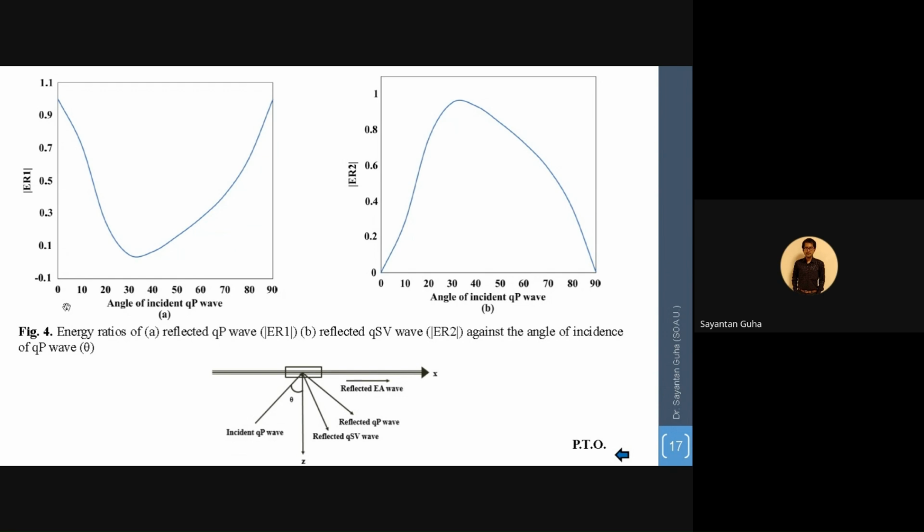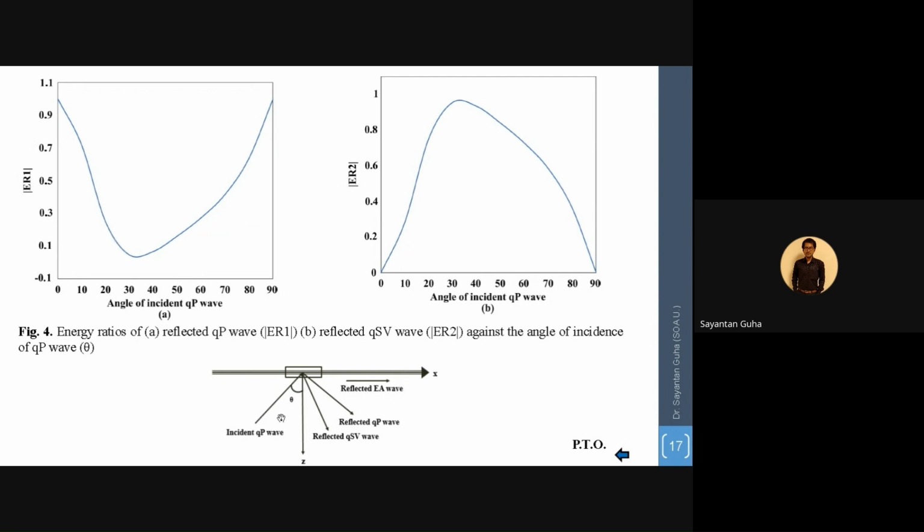But since the law of conservation of energy is a universal law, energy should remain conserved. So what is happening to this lost energy? The energy that is lost by the QP wave is now being gained by the QSV wave. Now as theta keeps increasing further, we observe that whatever is happening for the QP wave, the reverse is happening